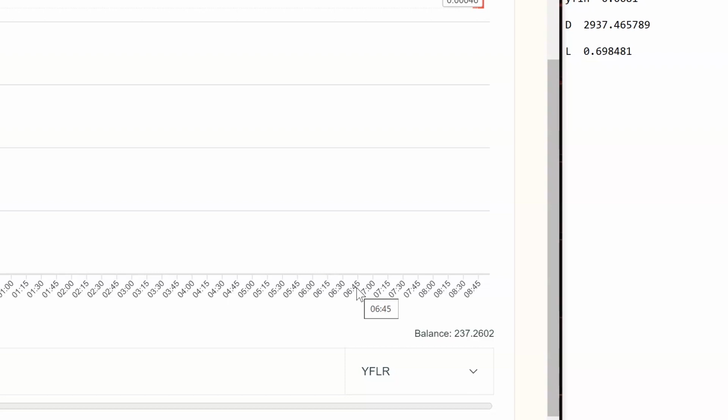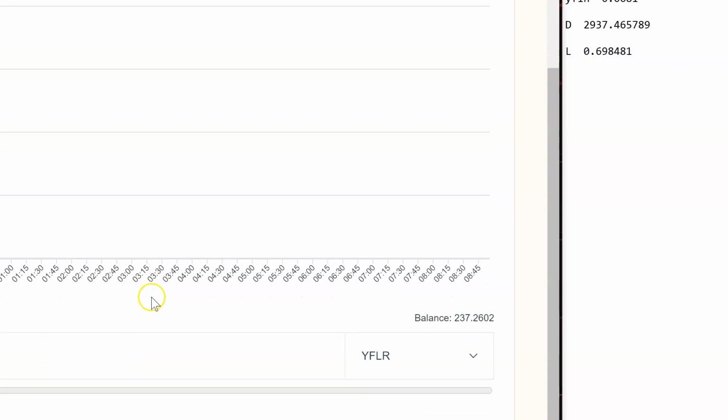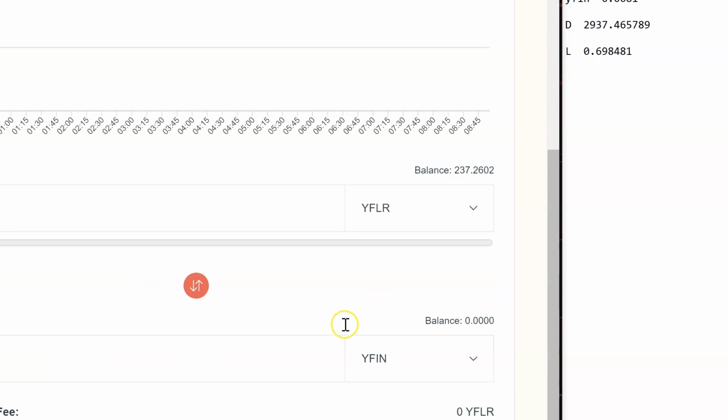Times 4. I kind of messed up. How did I get that now? Oh, wait, hold on. Just so you know, decimal points matter. I was just flabbergasted for a minute trying to figure this out.